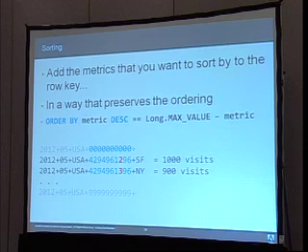For example, order by desc, which pretty much gives you a top query, like give me the countries where I made the most money. To do that, you need to encode the metric. There are other formulas, but one that works really well is, for example, having max value minus the value of the metric. And when you represent this as a string, it's going to sort lexicographically in descending order automatically.